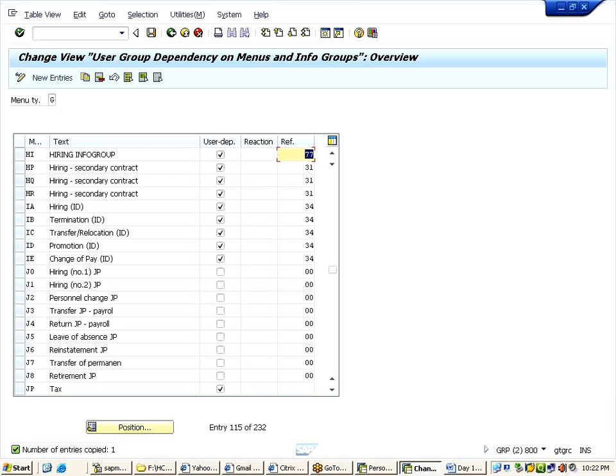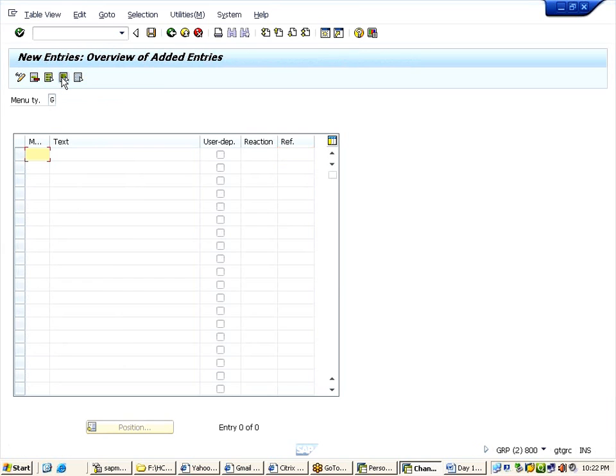Same way you can create as many info groups as you want depending on the number of actions. So I want a transfer action. What did I do? I'll go to new entries again, and I'll put TI, transfer info group. This is also user dependent. This also must be stored under the same user group.